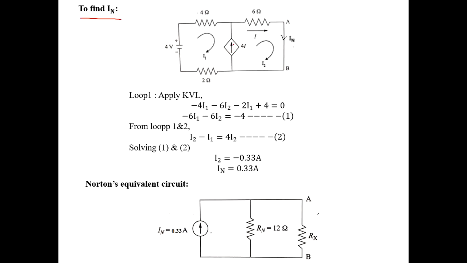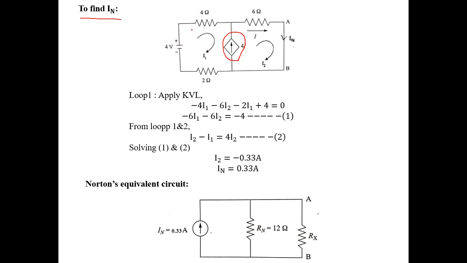Here this is the dependent current, because it is not having parallel resistance. We can use the super mesh method to calculate this I2 current. First we have to mark the loop. This is I1, this is I2. Next mark this as dependent current. Remove this one. Consider this whole as loop 1 and apply KVL.